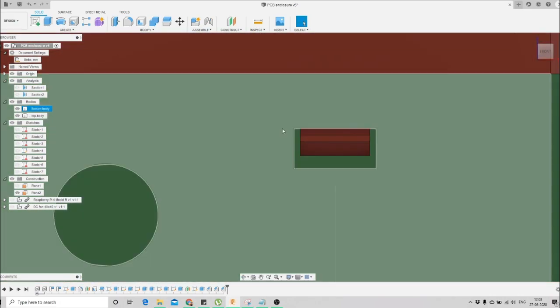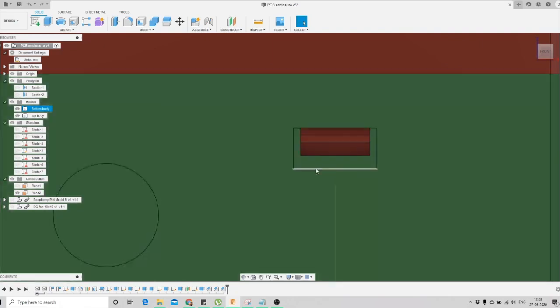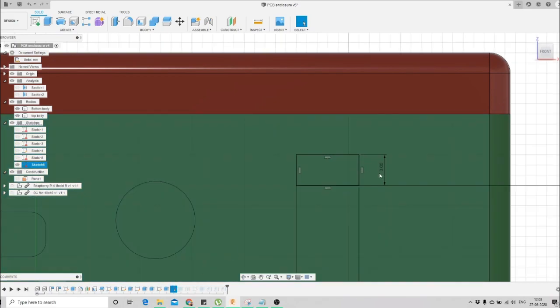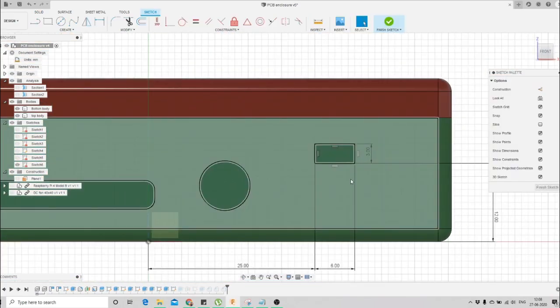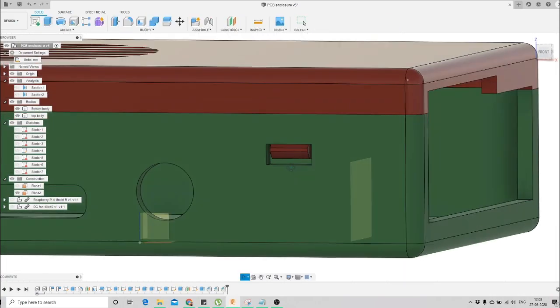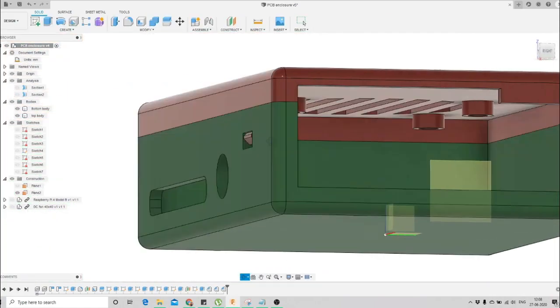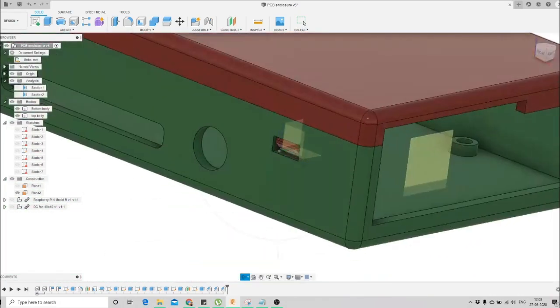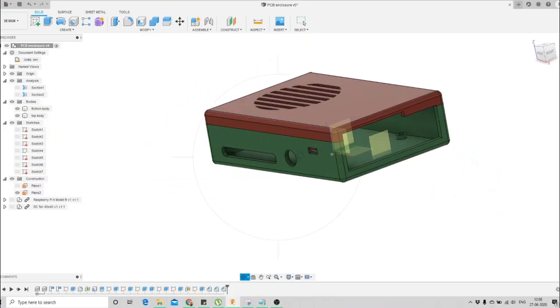So what we are going to do is reduce the size of this opening. To do so, we'll go to the sketch we had created for this opening, and here you can see we had created it as 3 mm. So instead we can create it as, let's say, 2.75. So we'll change it here to 2.75 and click finish sketch. Here you can see the space we had reduced, so everything looks good. So this is the snap we had created at this point.